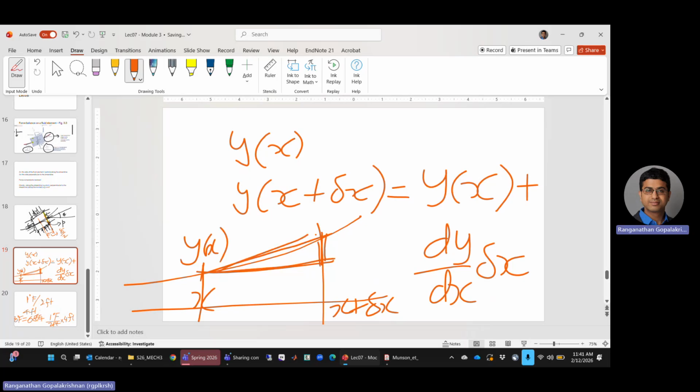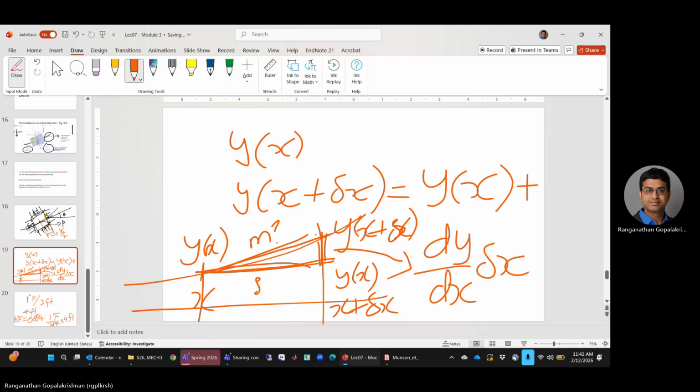What is the slope? What is the famous expression for the slope? First derivative, right? This is what you've been taught since your elementary calculus. Slope of a curve is given by its first derivative. So all I'm calculating is the value of this function y at x plus delta x, which is equal to whatever y of x is plus the change due to the slope and the delta x traveled. Suddenly I'm teaching numerical methods.